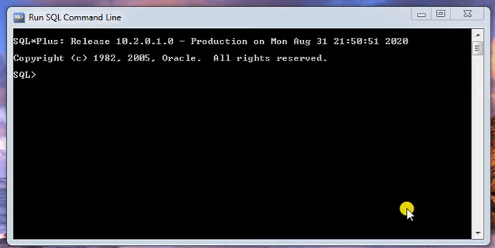So when we say view, view is a logical table based on a table or another view. View logically represents subsets of data from one or more tables. View contains no data of its own but is like a window through which data from tables can be viewed or changed. The table on which a view is based is called the base table. In other words, we can say that view is a logical table or a virtual table which is created from another table. And the table from which we are creating the view is called a base table.